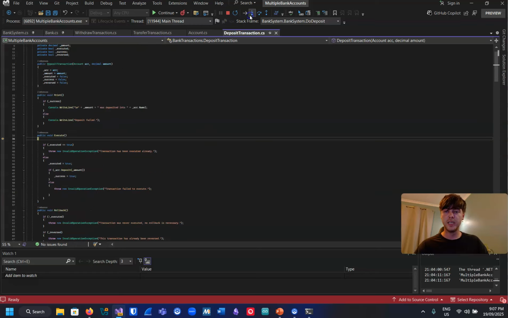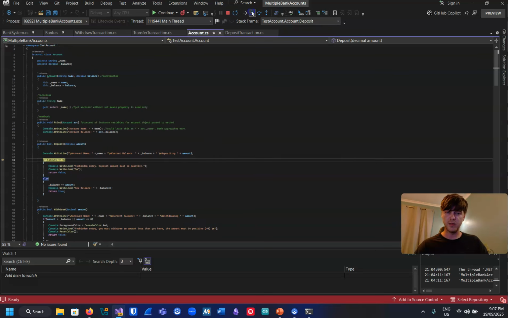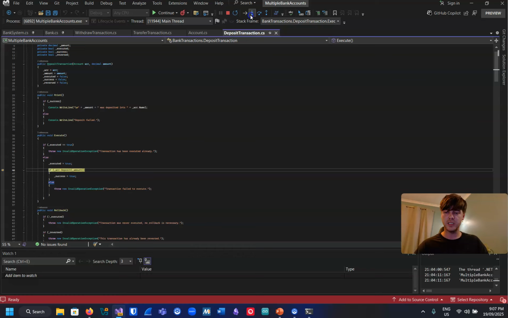So this is going to take us over to the deposit transaction class. And this behavior is what we saw in the previous one. So the transaction hasn't been performed yet. So we're going to say that we're performing it now by setting the executed property to true. We'll call the deposit method from the account class. And then in here, we're actually interacting with the balance variable. We return true. The operation was successful. We set success to true. And then we're just going to print the result of the details of the transaction,